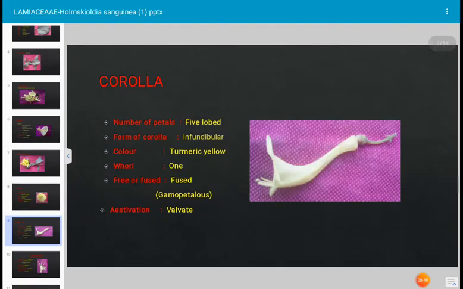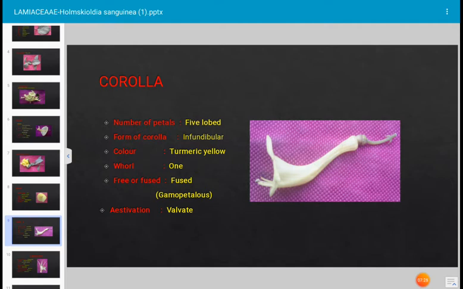Next, this is the actual flower of the genus Holmskioldia sanguinea plant, that is family Lamiaceae. It is a 5-lobed flower. It is a typical type of corolla, infundibular form of corolla. It is called infundibular form of corolla, or it is also called tubular form of corolla. It is 5-lobed. Okay, color of the flower is turmeric yellow, and all the petals are arranged in one